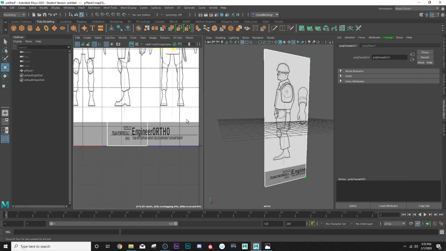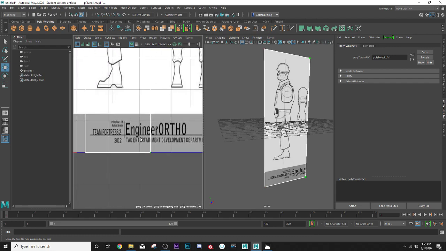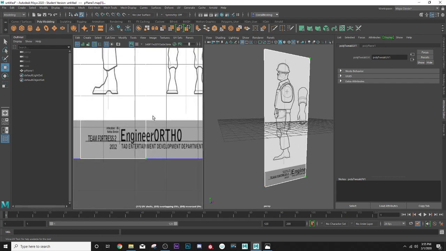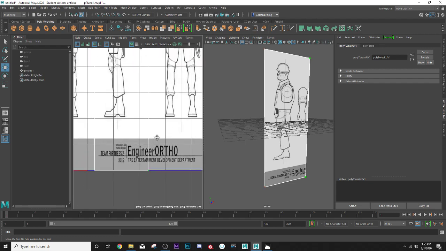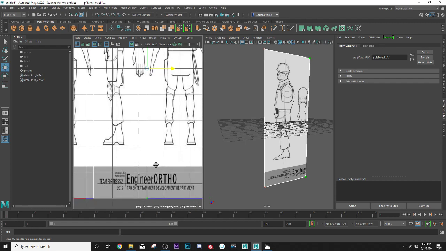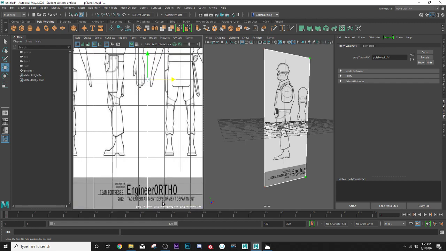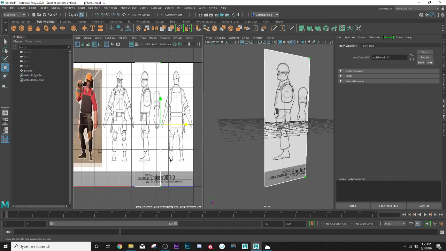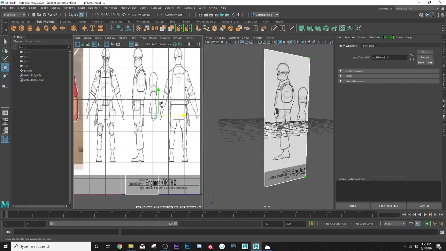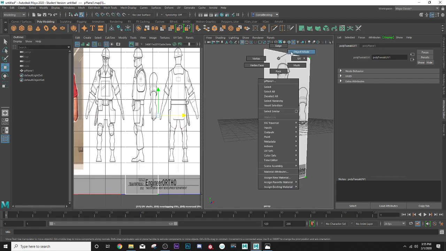Now, I do feel like I need to go ahead and take a second. This is obviously not something I drew myself. This is from Team Fortress. So I just want to give credit where credit's due. The guys over there, TAD Entertainment Development Department, they're the guys who made this, not me. I'm just utilizing the reference image just for this lecture. Okay, so going forward,